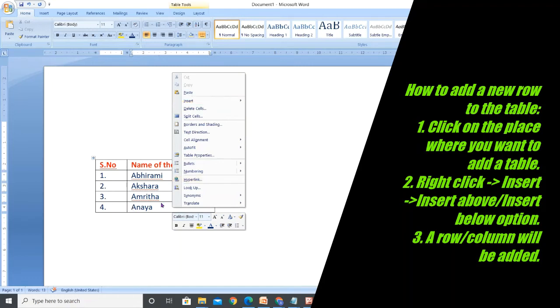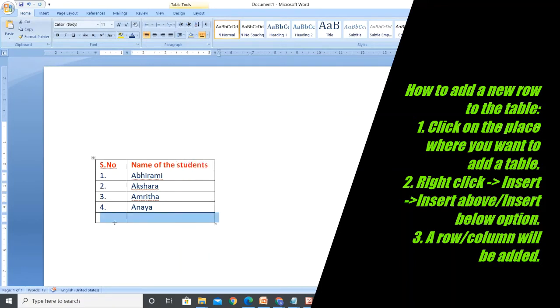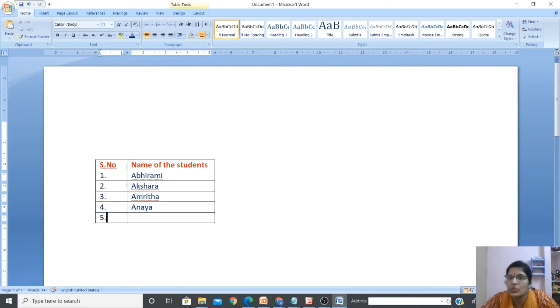I want to add a row below this Anaya. Okay, so let me go to insert and insert rows below. Now do you see one row is added? Yes. Okay, let me type here, and my question is now which key I have to press to go to the next cell? Shortcut key. Yes, that's good. It's the tab key. Okay, so next name Bhagyalakshmi.